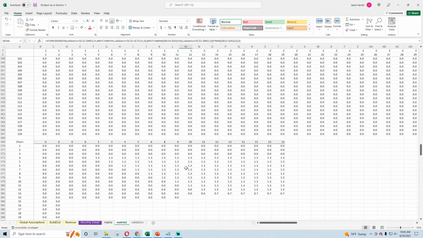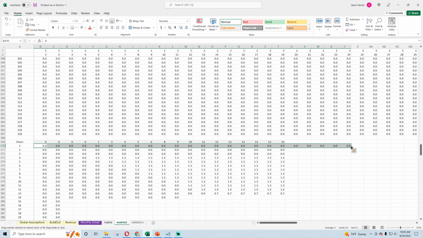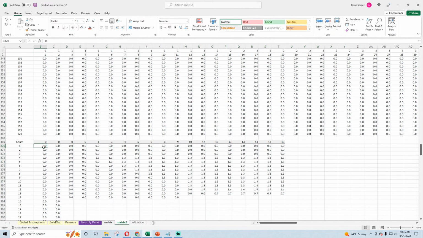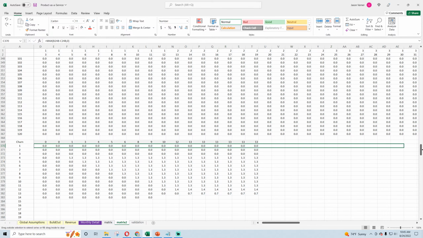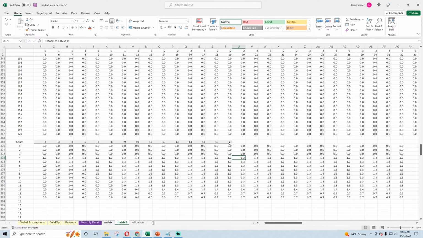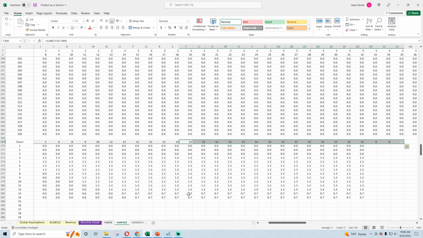And if we go to our churn, it now will make sense. We're losing the same amount every month because it's even loss. So here, 1.3 every month based on our schedule.